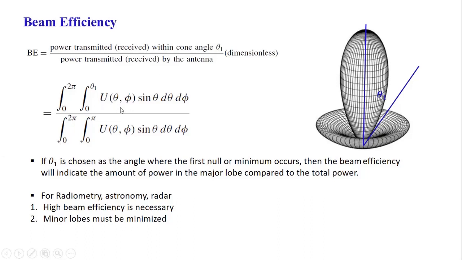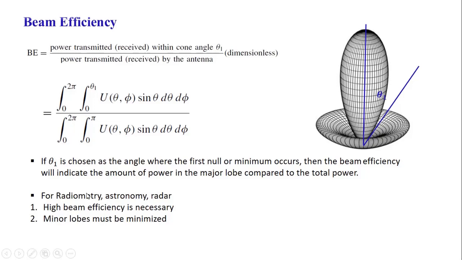We know the transmitted power in the radiation intensity can be calculated as the solid angle integration of radiation intensity. So you can see over here the solid angle integration of radiation intensity is done. You can see this theta varies from 0 to this theta 1 and phi varies from 0 to 2 pi. Radiation intensity into sin theta d theta d phi. We know the solid angle d omega is equal to sin theta d theta d phi, divided by the radiation solid angle integration of radiation intensity.